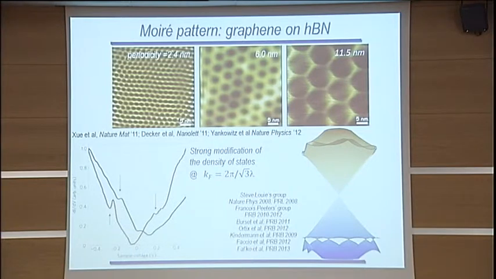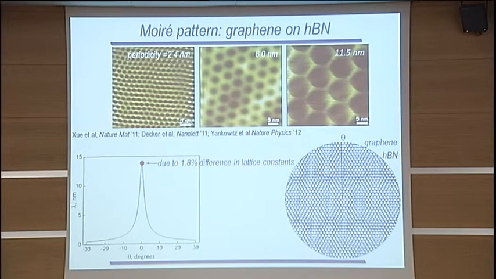It should be possible. However, the only problem is that generally it is offset into quite high energy, so you need lots of doping to get into those energies. And then if you put all the numbers right, basically you would find that the range of the periods of the Moiré pattern which allow you the observation of the spectrum reconstruction in transport, you basically need to bring it within, say, 300 meV to the Dirac point, otherwise you won't be able to dope it. And the range of those wavelengths is quite narrow, so you basically need